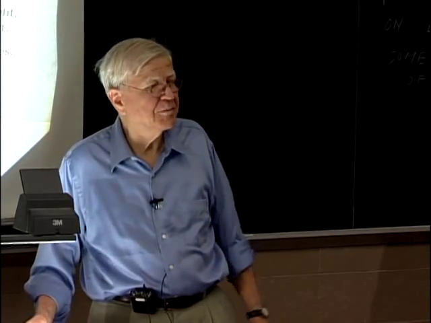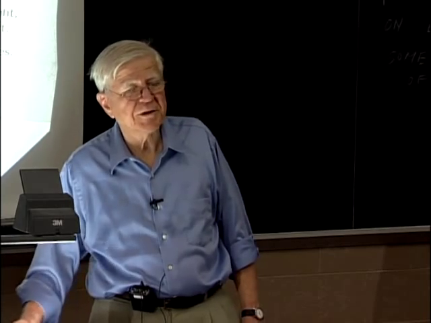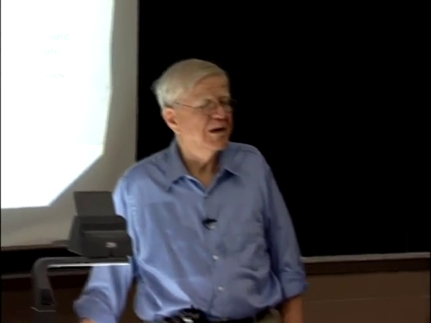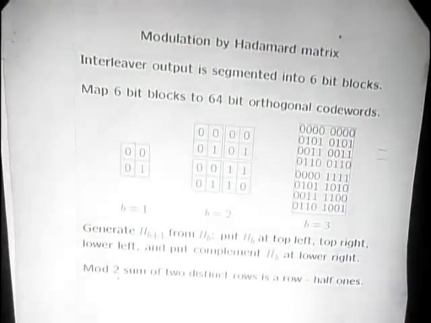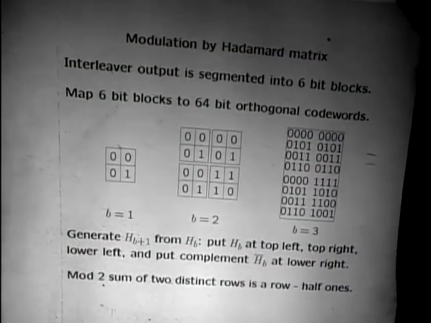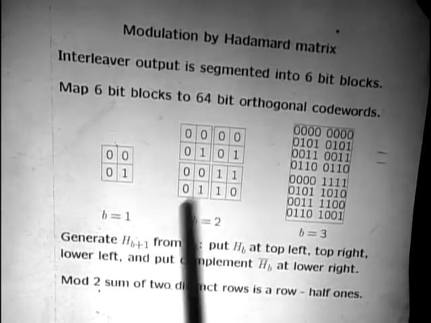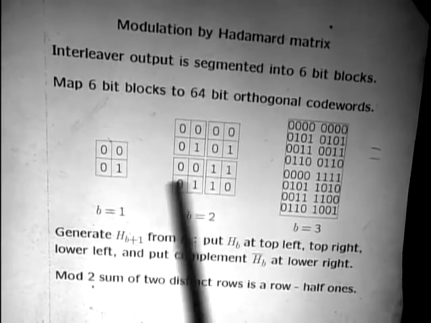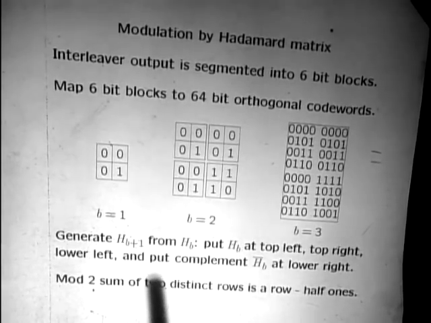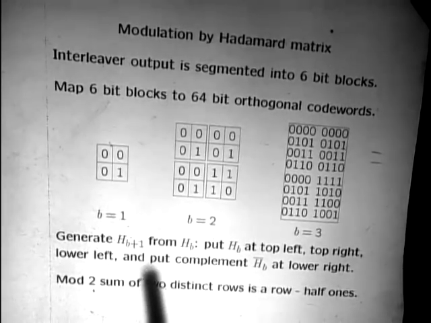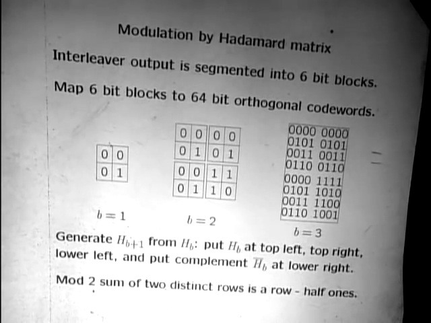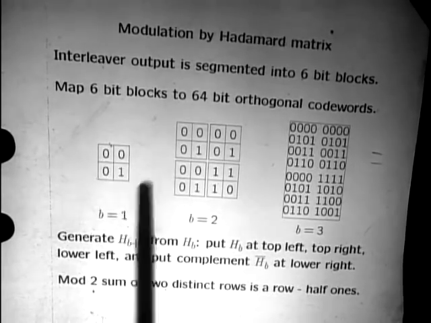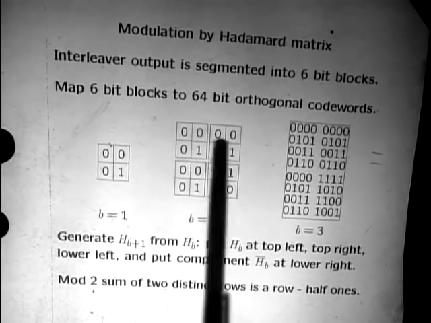And here with these Hadamard matrices, the way that's done is that one of the sequences is always all 0, and the other sequences are all half ones and half zeros. And it turns out that when you add any two sequences, add this sequence to this sequence, for example, you get something else which is half ones. And in fact, something else which is in there. That's what's called a group code, because when you add any two code words, you get another code word. Okay. Anyway, when you look at this, which is mapped into here and here,